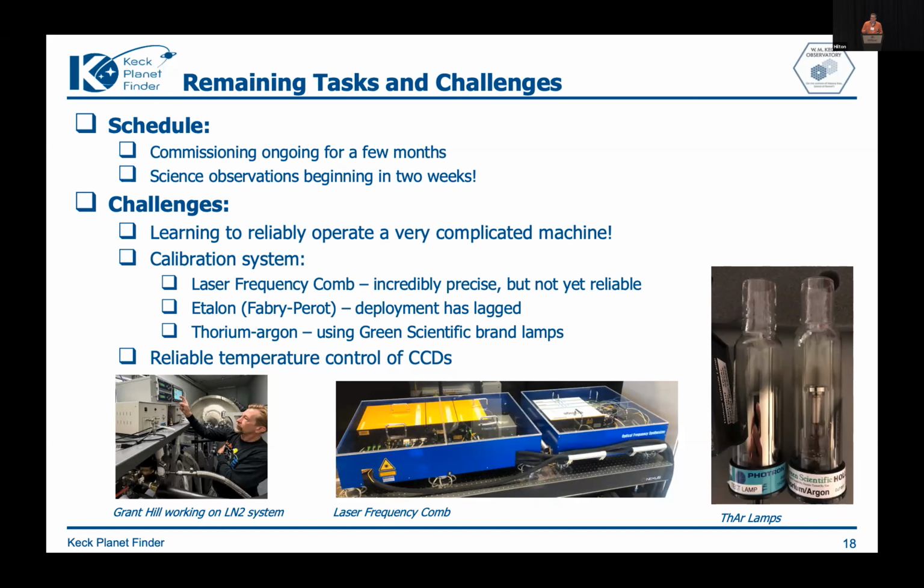So some of the challenges we face is that while in principle, this is a simple instrument, there's no moving parts inside the spectrometer, it's extraordinarily complicated. There's 12 different subsystems. They all have their own servos and control loops and calibrations and computers, and they all have to talk to each other in a reliable and automated way. Our calibration system is similar to the ones employed by other groups. We have an LFC, an Etalon, and a Thorium-Argon, and they have their own challenges, which I've listed on the slide. We've also had some trouble figuring out how to reliably operate the liquid nitrogen control systems for the cryostats